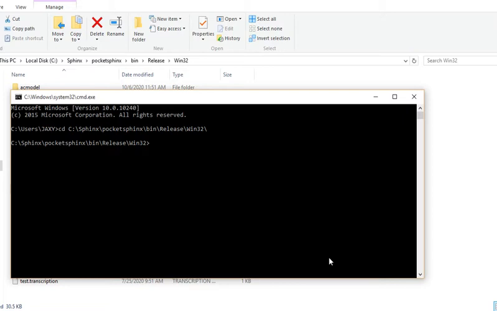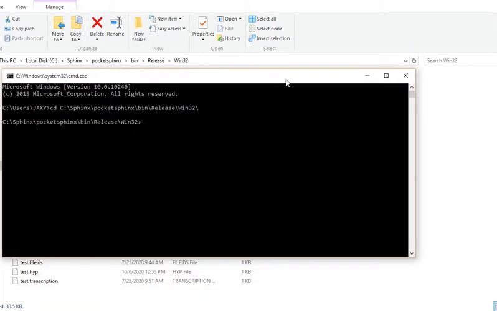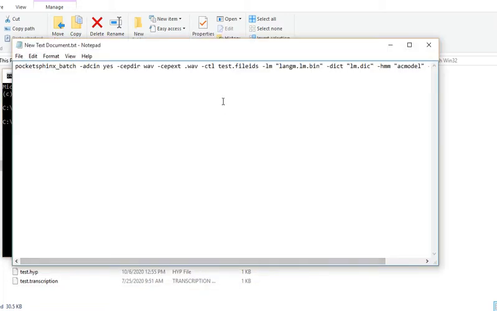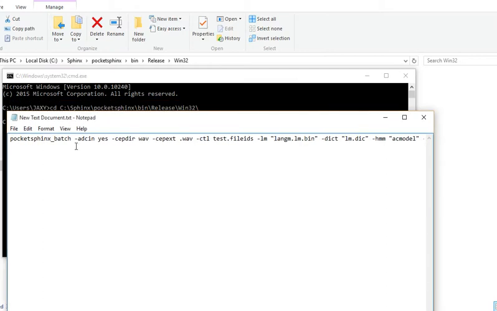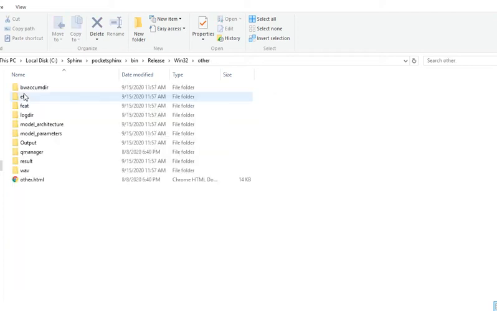Now you have to use some script which I already made here in my text. You can use the pocketsphinx_batch, and using this script you have to follow the test file IDs, which will be in your model parameters.